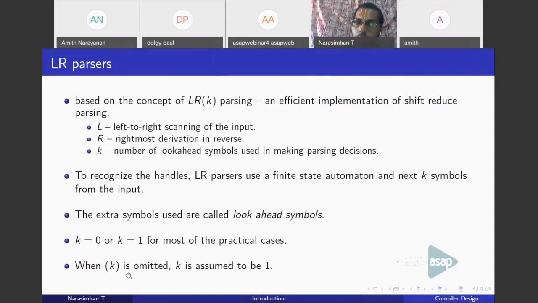So when we just say LR parsers, what we mean is the value of K is 1. You are using one look-ahead symbol. If we say LR(0), it means that you are using no look-ahead symbols. You just rely on the finite state automaton to recognize the handles. No look-ahead symbols are used. Whereas in the case of LR(1), you use one look-ahead symbol in addition to the finite state automaton to recognize the handles.